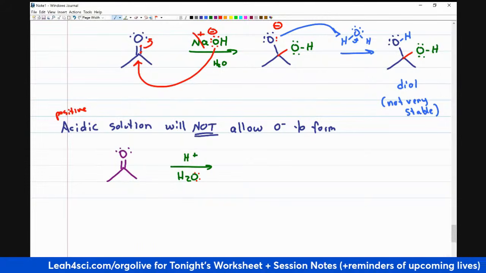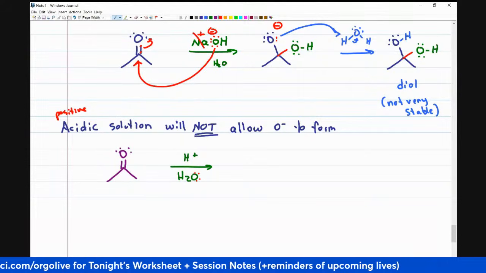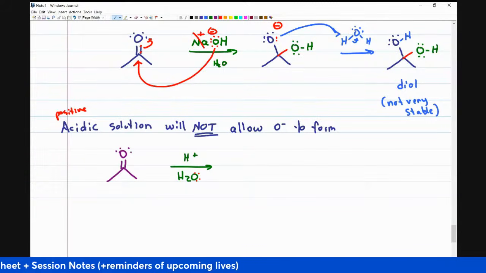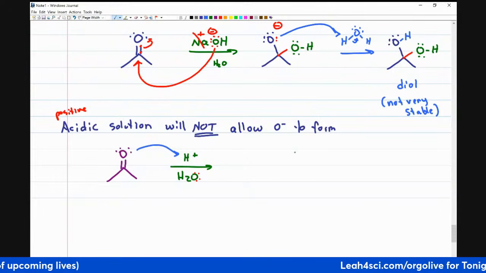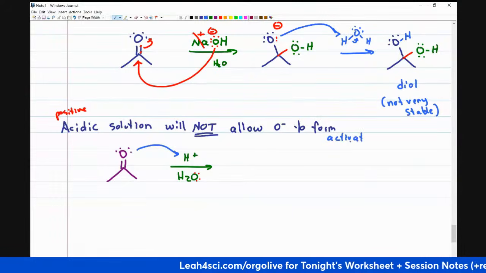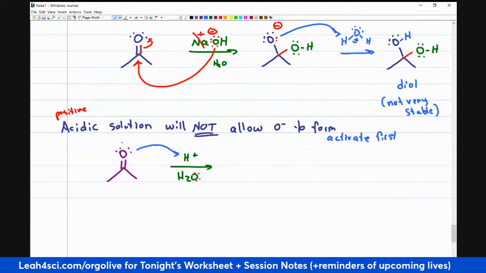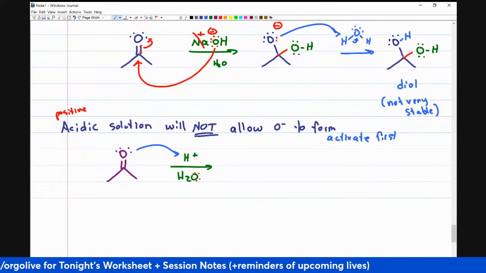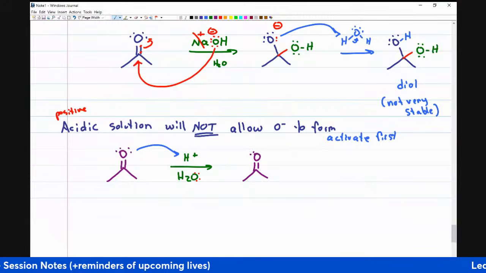So I have to come up with something else. Instead of forming an O minus and figuring out what to do with it, let's just never form an O minus by activating. So that's the key. An acidic solution will have to have an activation step first. The way that you activate is the oxygen on the carbonyl grabs the H+. That is going to give you a protonated carbonyl, only one lone pair, a new bond to the hydrogen with